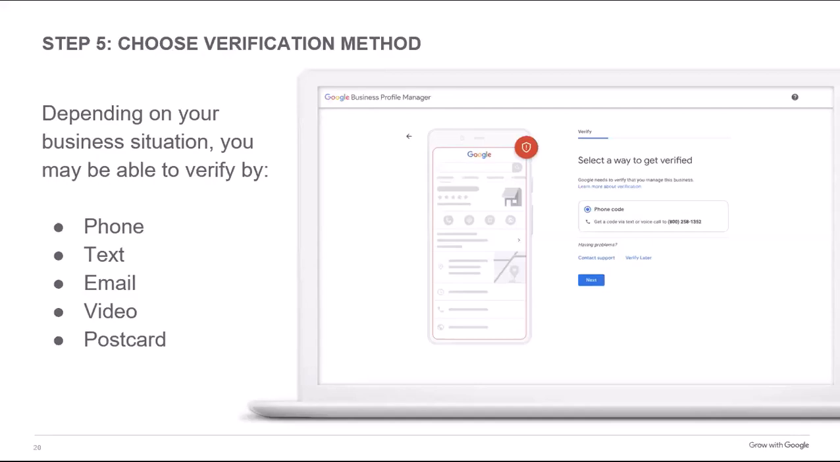Now, Google goes to great lengths to make sure that the information contained in the Google business profile is authentic and actually belongs to the business that is inserting it. So you may be able to verify your profile by phone, text, or email. And I've seen this a lot now with video, where they actually want you to upload a short video snippet